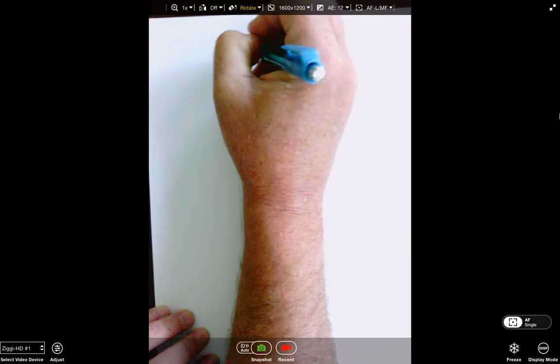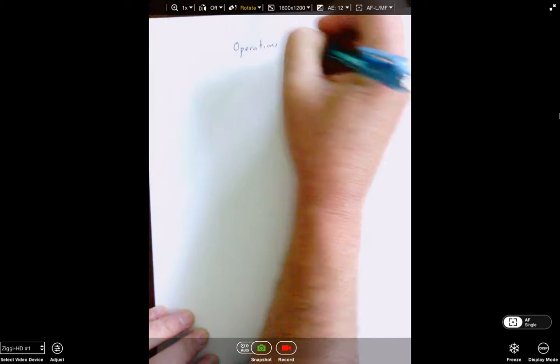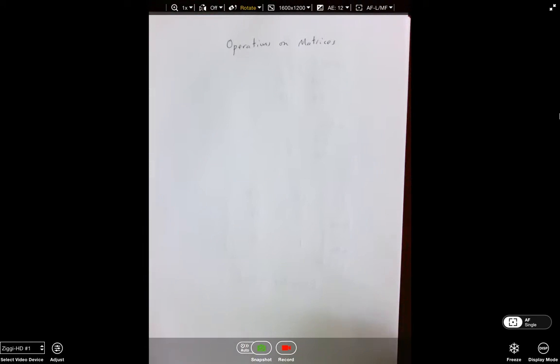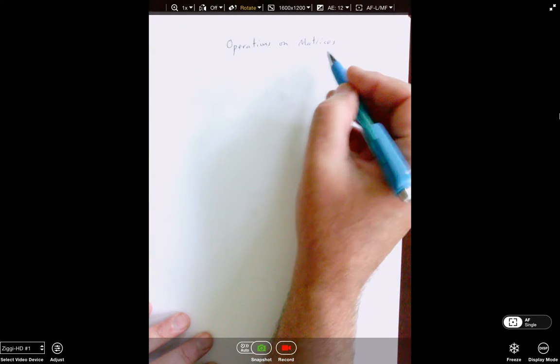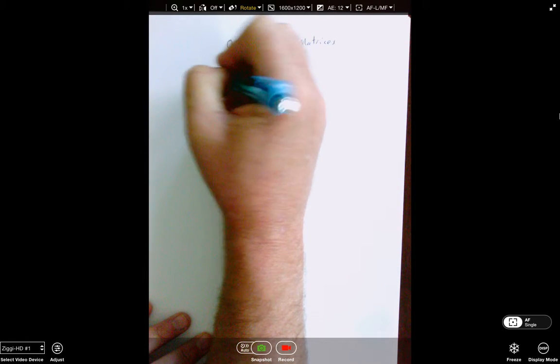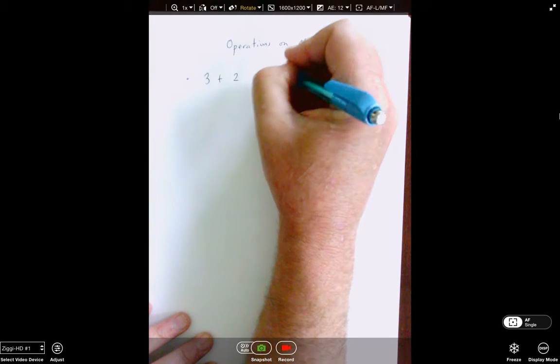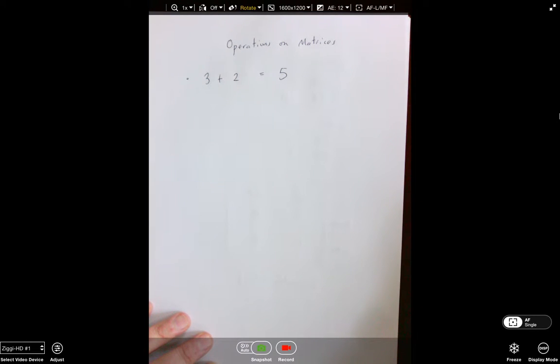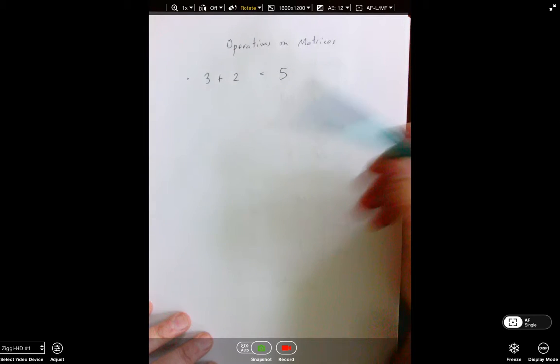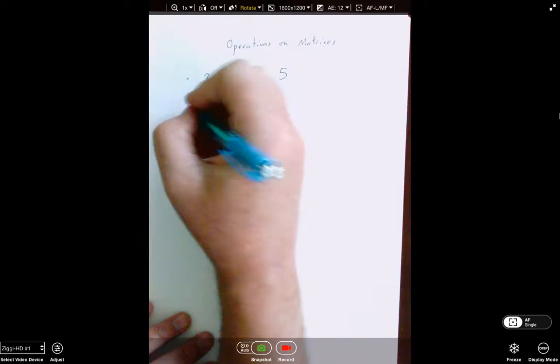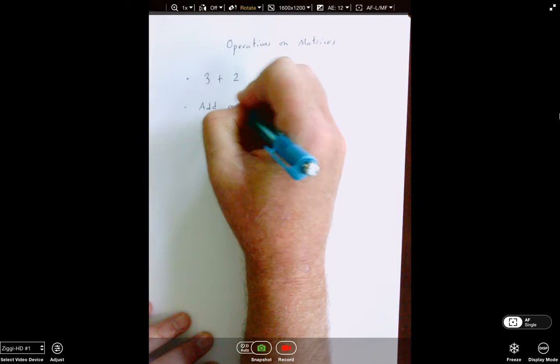Now, matrices kind of behave like numbers, sort of. And we can examine operations on matrices which have helpful features for us in a class like this. For example, I said earlier that matrices work kind of like numbers. Well, if I have 2 numbers, 3 and 2, then I can add. Isn't it comforting that your math professor doesn't know the difference between adding and multiplying? I can take 3 plus 2 and get 5, so I can add these. Well, you can add matrices